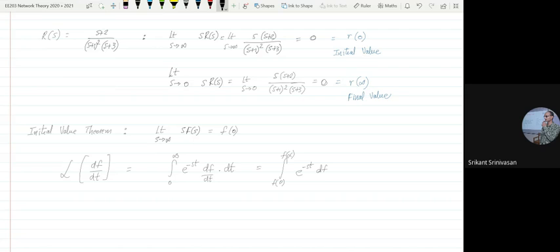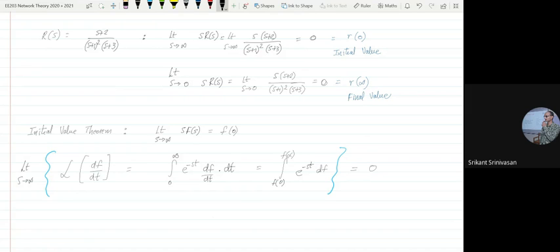Okay. This is straightforward. All I did is I cancelled dt and dt, and because I did that, it's a change of variable. So earlier the time was going from 0 to infinity. Now I have to integrate it from f(0) to f(infinity). Okay. And now if I were to apply the limit as s tends to infinity to this whole thing, right? Then what will I get? As s tends to infinity, this term becomes 0. Therefore, the integral of this entire term is nothing but 0.